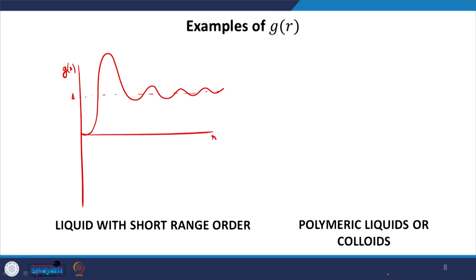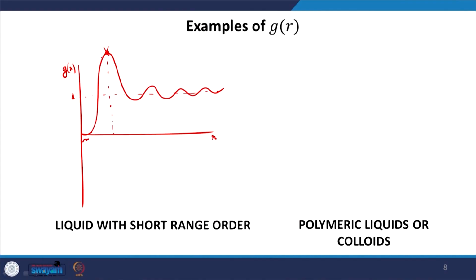So, again we have a region of overlap where the molecules cannot really overlap, but then there is a clear peak in the g of r. That essentially represents that there is a certain point in the g of r versus r diagram where the probability is relatively higher. And the reason why this happens is because of the presence of the neighboring molecules of the liquid that form the first neighbors of the molecules.